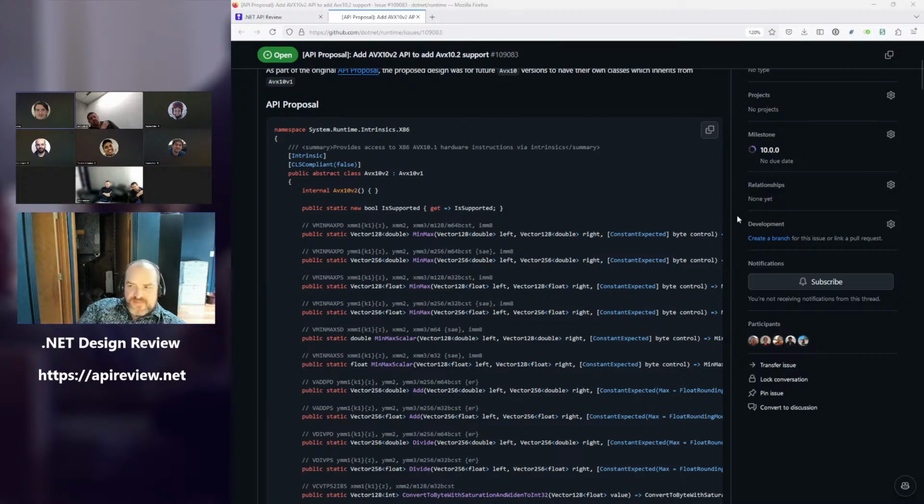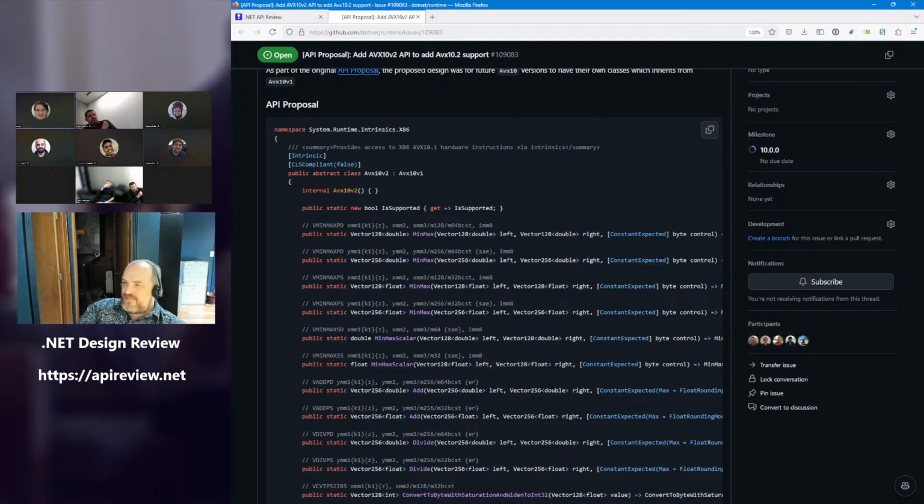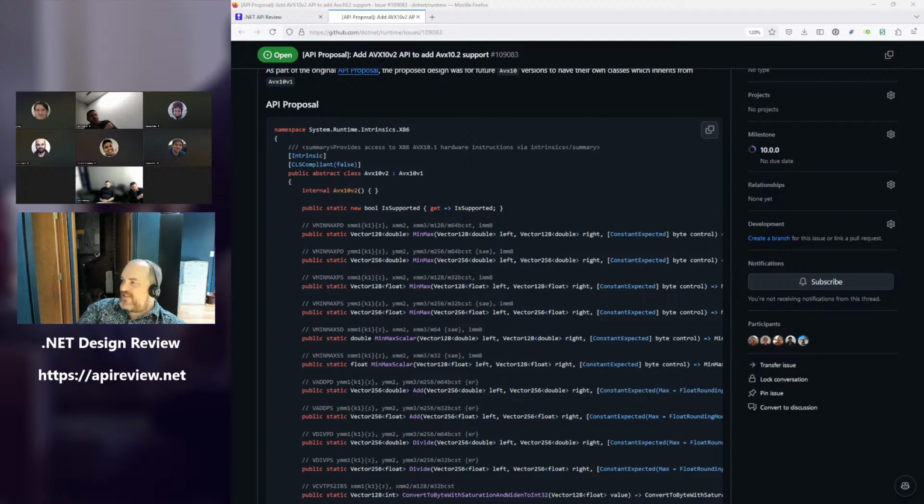It also means that technically they can do AVX 10 v2 dot, and they can get access to all of the down level ISAs that are implied as well. So they'll see everything from SSE, from SSE2, etc. Right, that's the reason I was asking the question. Which by the way, I actually really appreciate having that. Because what I do when I'm writing code is I literally just do avx2 dot, and then I can see everything, if I know that my machine targets avx2, or that my app targets it.